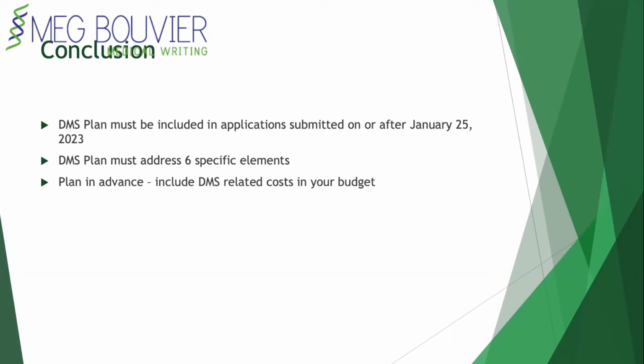So just in conclusion, this becomes effective for grant applications submitted on or after the 25th of January, 2023. So we're like 3 months out from that. You have to include those 6 elements. It's all on sharing.nih.gov, and be sure to plan in advance because of the availability of direct costing some of this into your budget, but also because there are a lot of planning steps and contingencies to take now between deciding where to put your data, writing that up in the plan, and even your collaborators have to be in agreement.